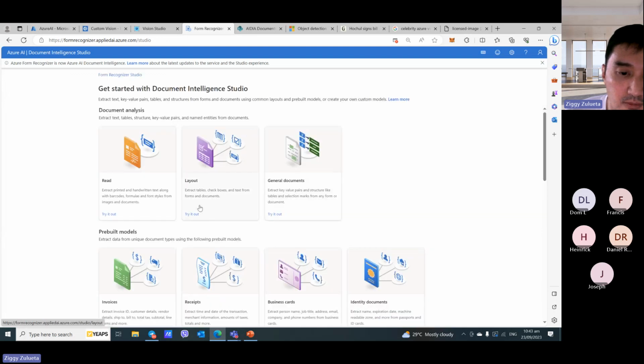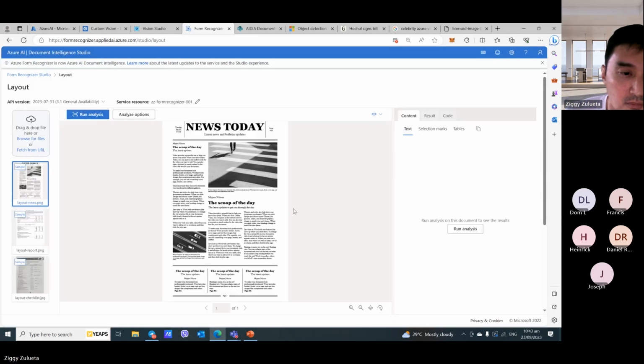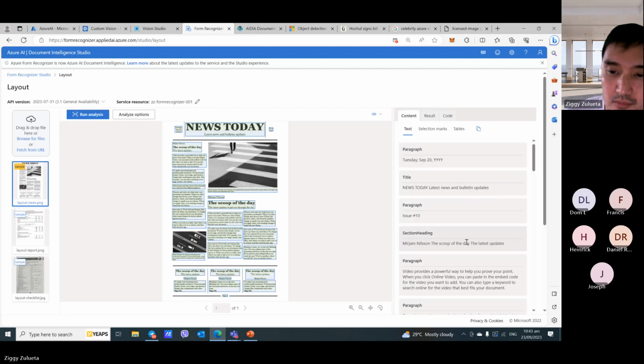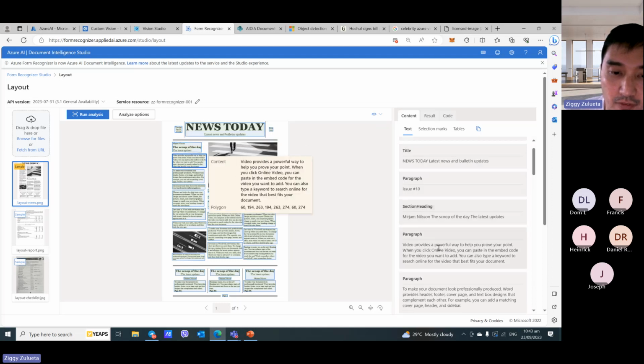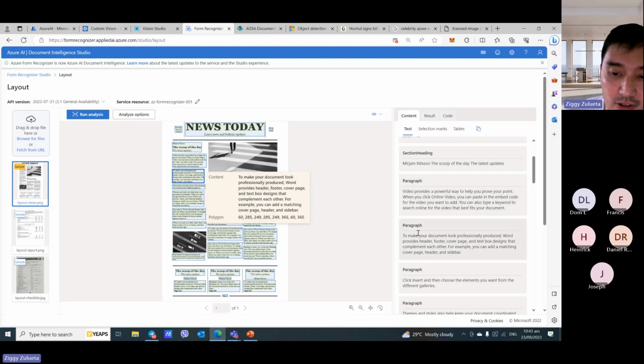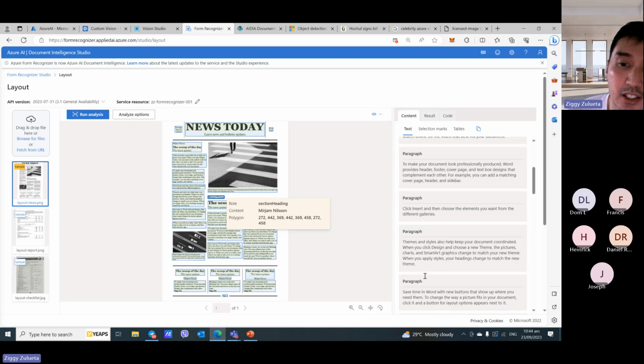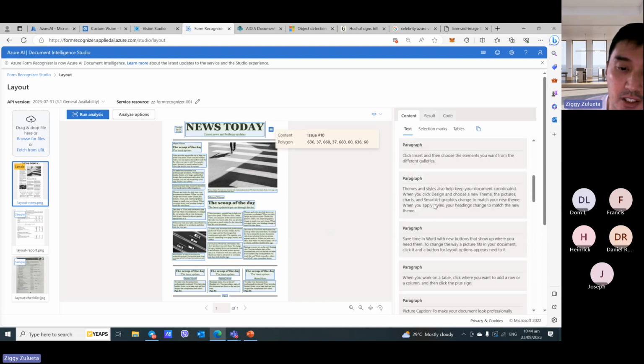The layout would get the layout of this. So run analysis. To tell you, there's a paragraph here. This is the title. So this is the section heading. So it's providing all. It's also getting the layout for you. So that's the difference between the read and the layout, because here you see there's a layout